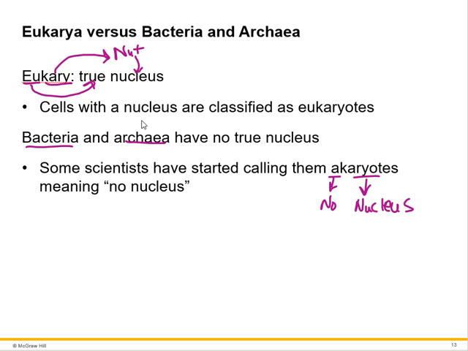So the big difference between prokaryote or bacteria and archaea and the eukaryotes is the presence or absence of a nucleus. So cells with a nucleus are classified as eukaryotes, and those that do not have a nucleus are called these akaryotes or whatever. Mostly in this unit, in this semester, we're going to be looking at the bacteria,